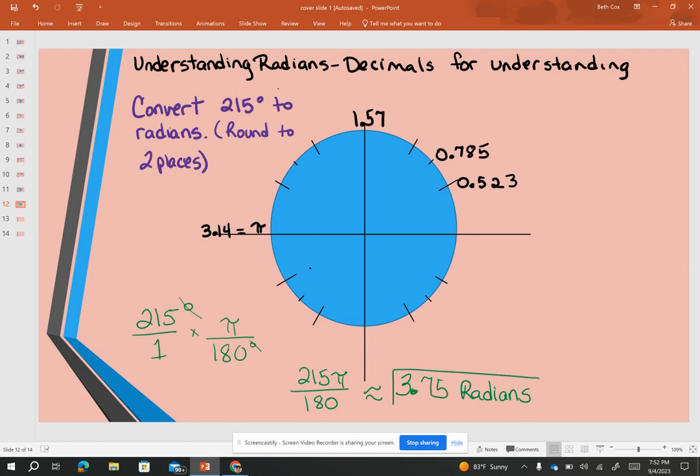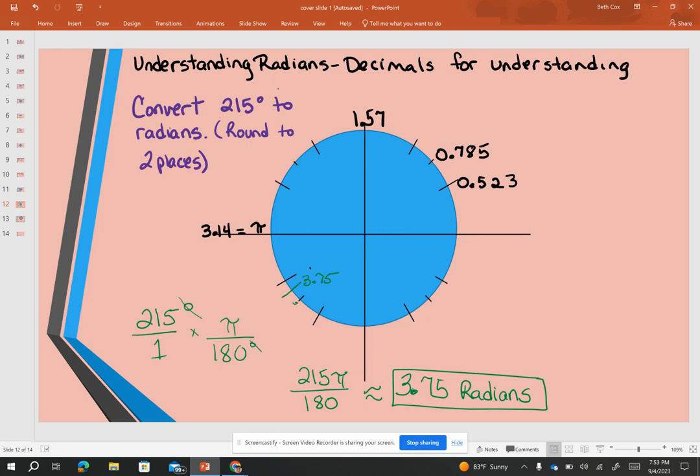Now it should make sense as to where it is in location. 215 degrees, we know that this is 210. We know this is 225 degrees. Okay, and so 215 falls in here somewhere, which would be 3 point something radians. We can do the decimals for all of those, for 210 degrees if we want to, but that's where it is, and it's going to fall a little bit bigger than 3 radians, 3.75 radians. All right,